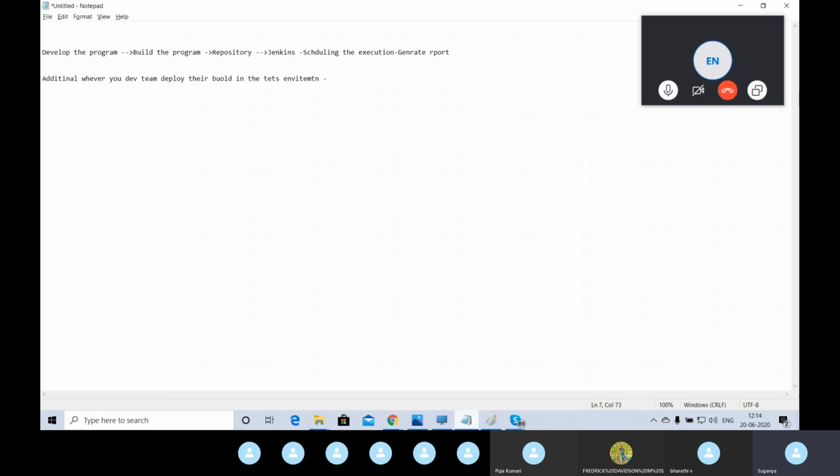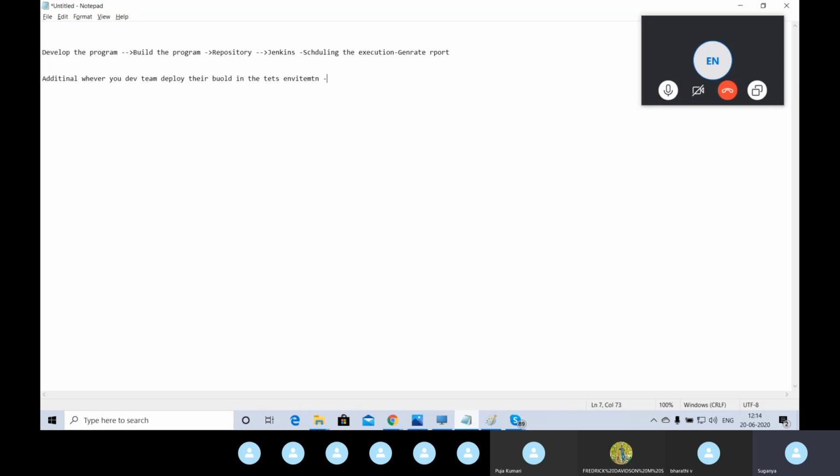It means your dev team itself will trigger your automation pack for execution. So your testing will come under development operation, which is DevOps. DevOps means development and operation. In DevOps, we have three teams included: one is the development team, another is the testing team, another is the operation team. These three teams' activities together are DevOps.